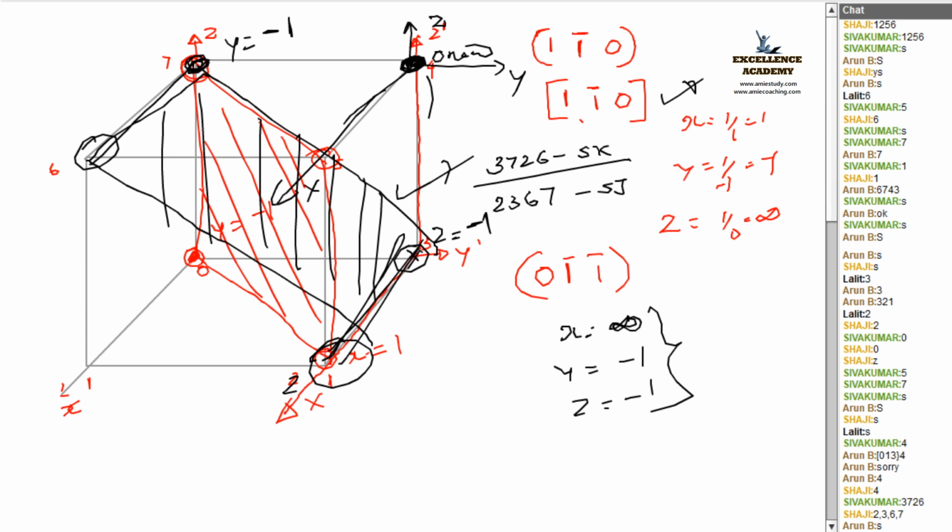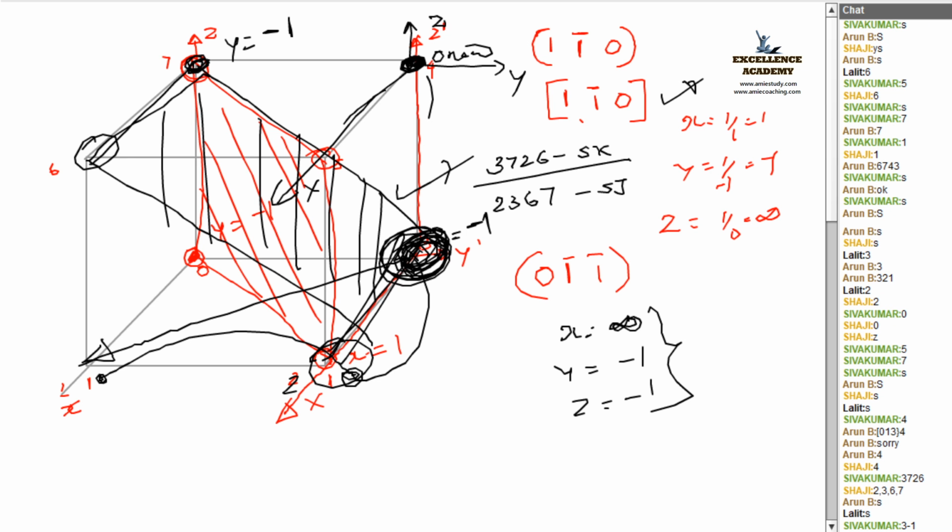For this case, where is the point? The origin point we already took. This is my origin point, right? From here, you have to start your journey. Say x is equal to 1, where will you reach? You will reach here, right? Y is equal to minus 1, where will you reach? You will reach here. Stay there with your pencil. So what is the answer? 3 1 is your answer, isn't it? Am I right? Yes.